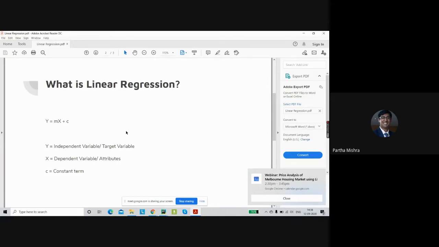If I have to give you a very simple example, let's say the equation is y is equal to 2x. Depending on the value of x, if I substitute the value of x as 1, automatically the value of y will be predicted as 2. So this simple fundamental is being used in linear regression while we are trying to implement this on a larger data set. We must have used the linear regression technique using only two, or let's say three, variables.